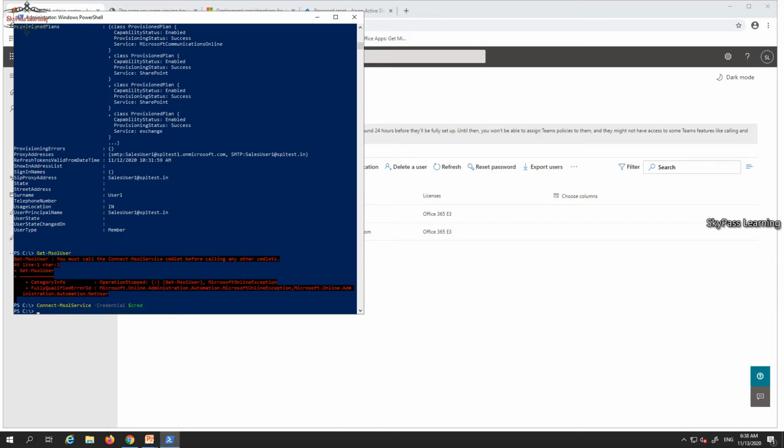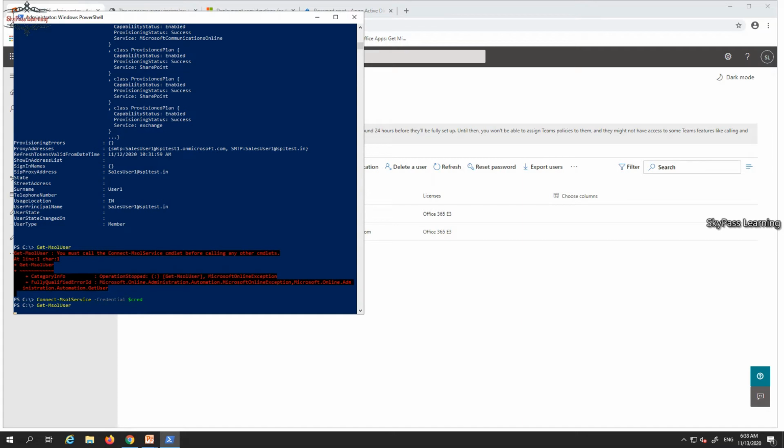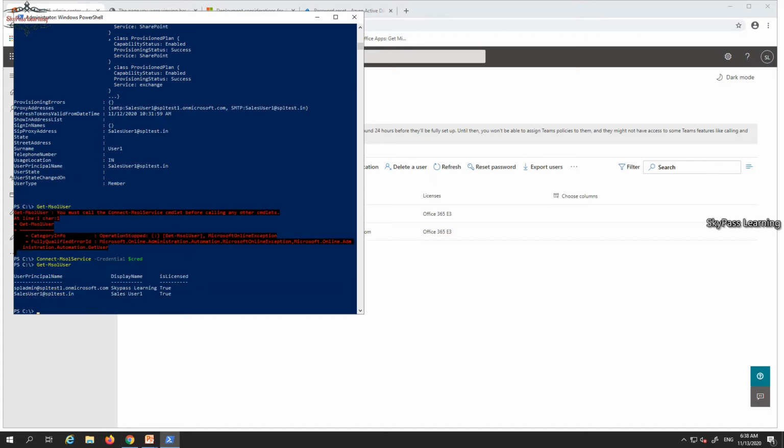Let me replay the same command and see. So you can see now I'm able to get the user account details. Alright, let me quickly replay one more command, that is Get-MsolUser, and along with UPN.